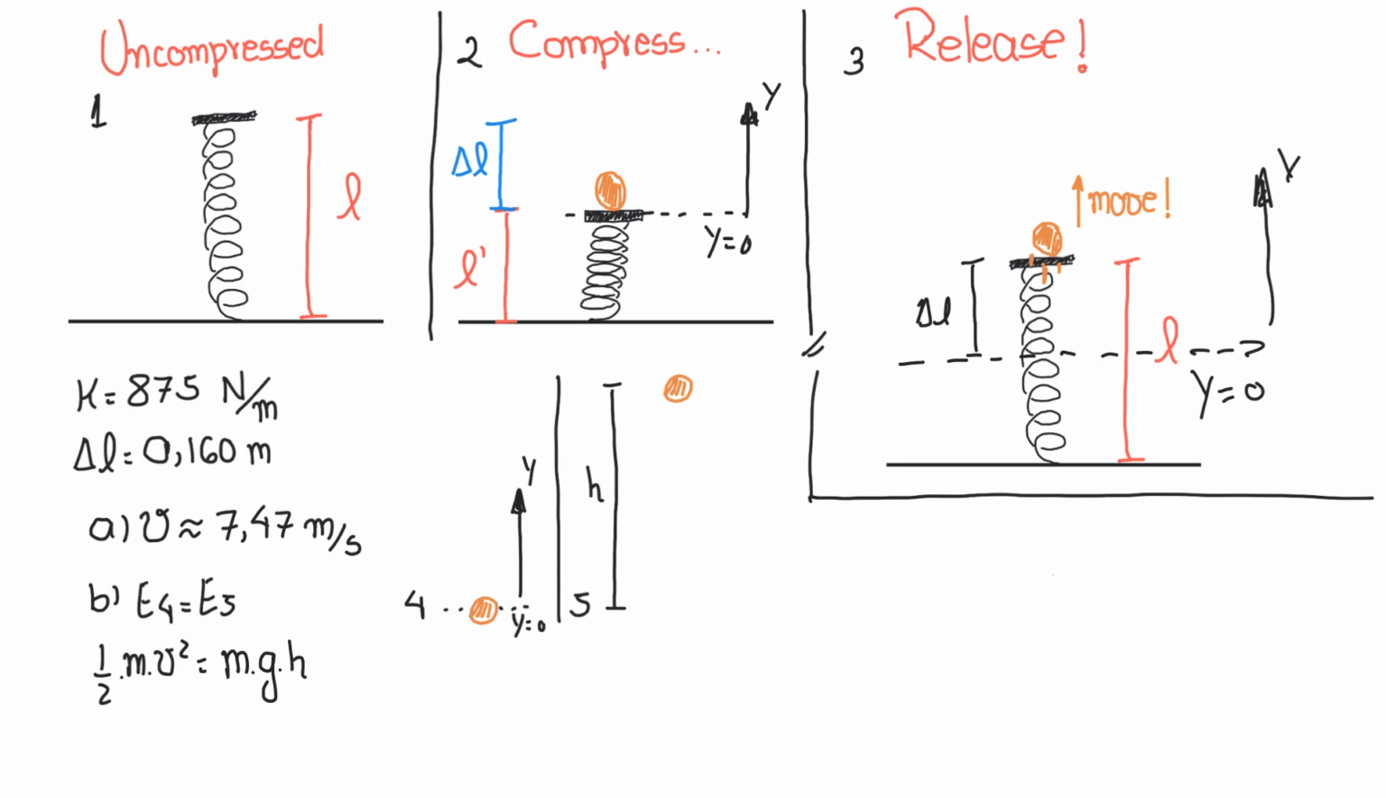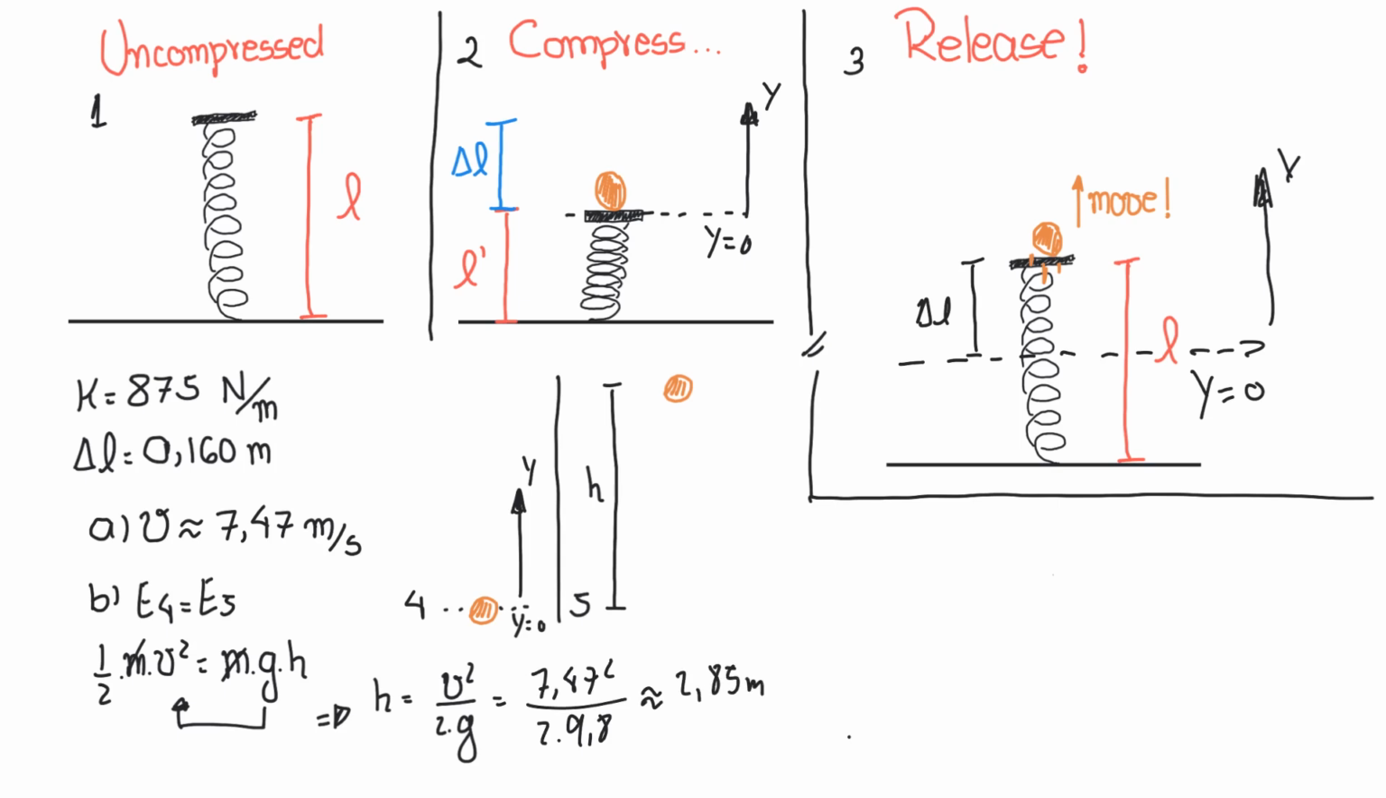And that's it. We have to solve this equation for h. For that, we can simplify the masses and then divide by g, sending this to the other side of this equation. And this results in h being equal to v squared divided by 2 times g. Then we can use the velocity from item A, which is 7.47, divided by 2 times the acceleration of gravity, which is 9.8 meters per second squared. This results in a height of approximately